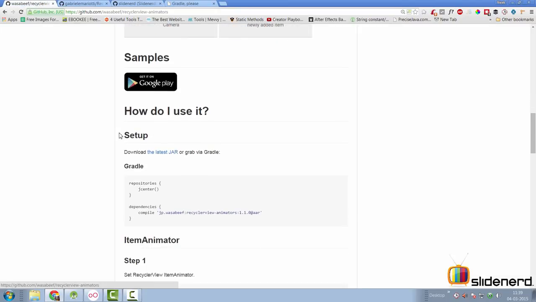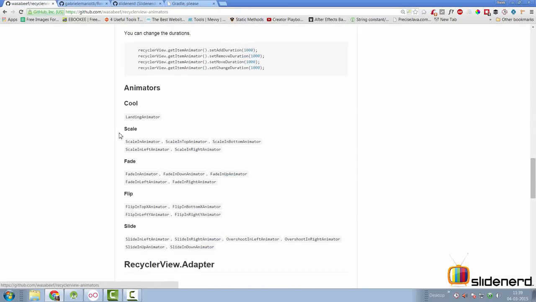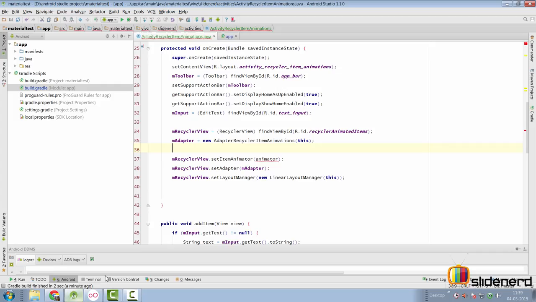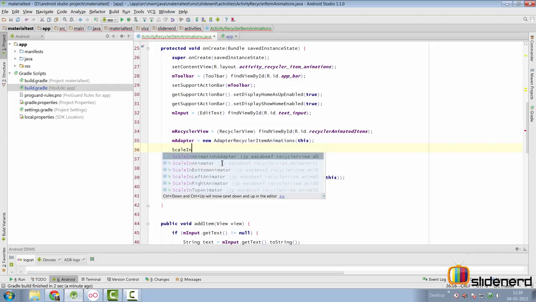So we can go here, and the animator which I think he uses is scale in animator. Scale in top, scale in bottom, scale in left, scale in right. There's a lot of choices available. Wow. We'll try the scale in animator and see what the default version does. So we'll say scale in animator